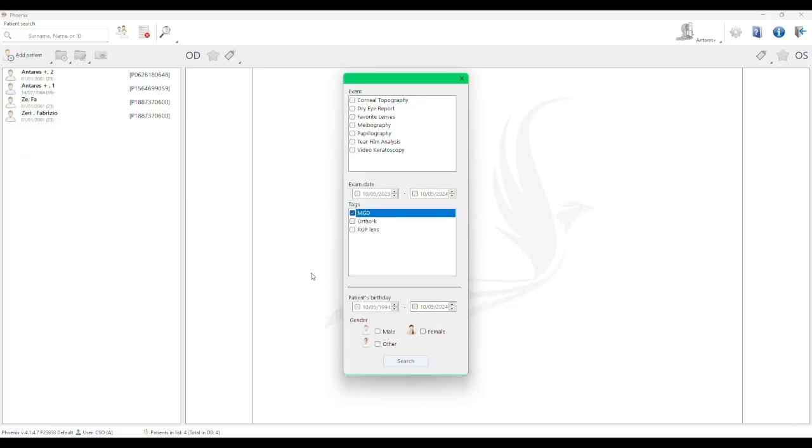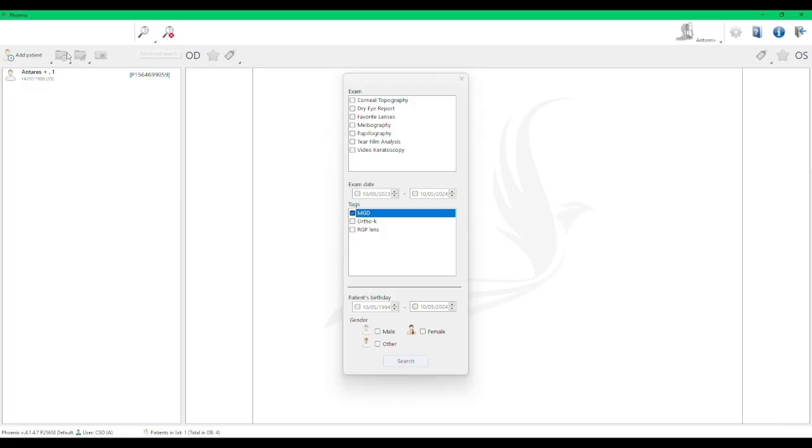For example, here I have a meibomian gland dysfunction acronym, and I can search for this. And for example, you see that this patient contains an MGD test, so a test that has been tagged with MGD. Okay, I can move back and I can, for example,